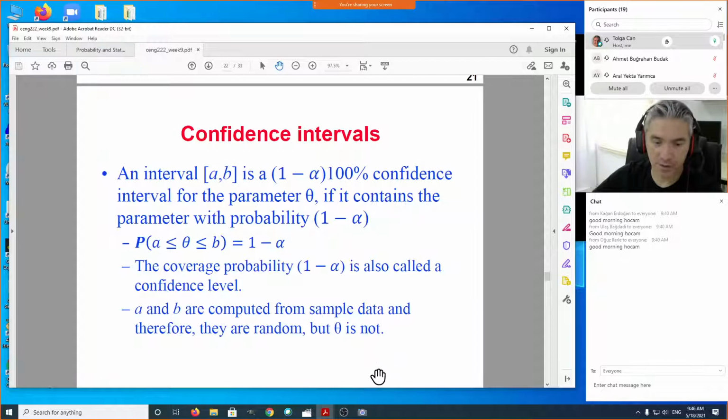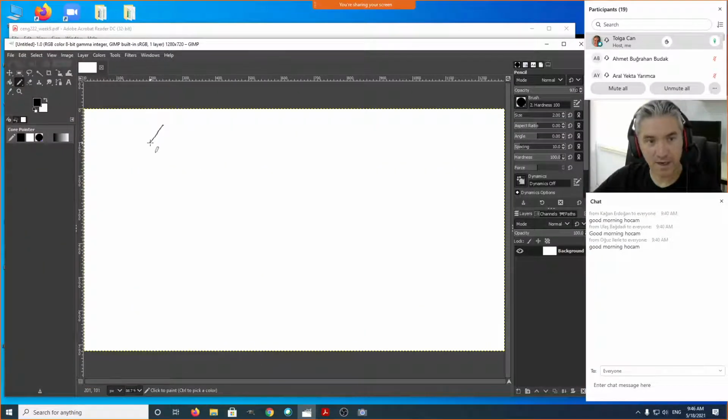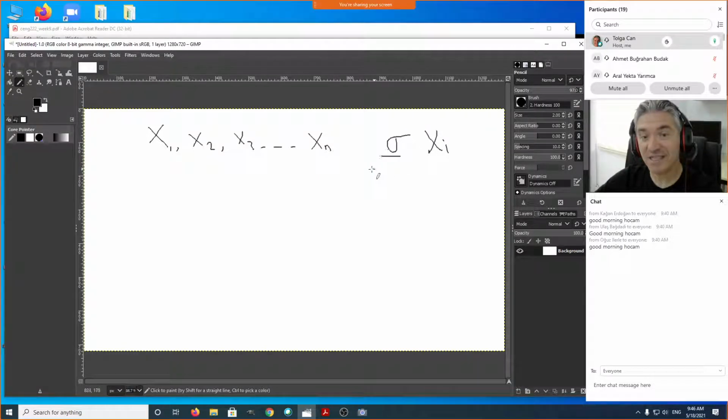In other words, we collected a sample x1, x2, and so on, so the sample size is n, and each of these xi's are independently and identically distributed. And if we know the standard deviation of xi, so if the population standard deviation is known,